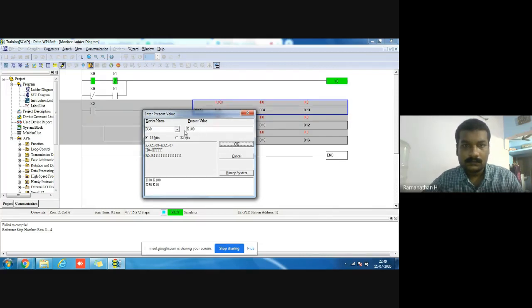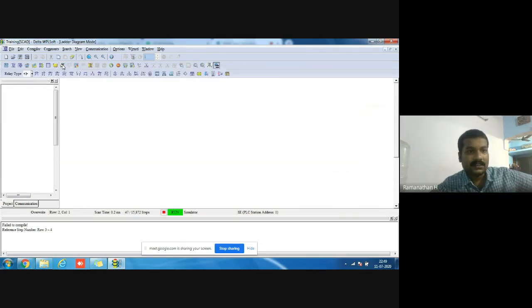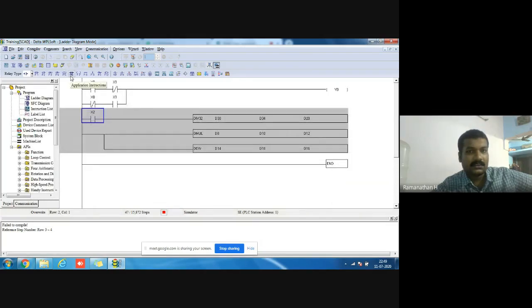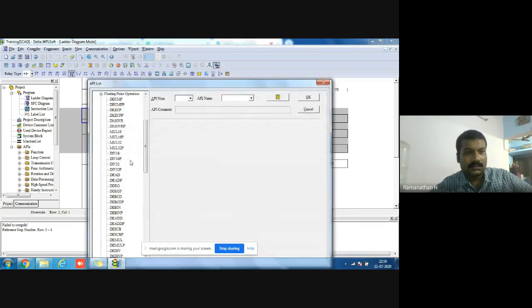Same thing. These are the floating instructions. Floating instructions are under this one. These are the floating operations.